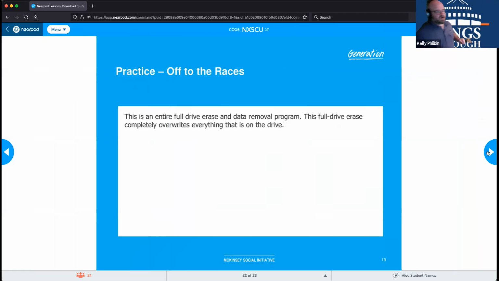So there is a program out there that is a full drive erase program. What would be a name of the one that they like to mention? What would be a program that they like to use? It was the red USB stick. They did have it in a CD form. There we go, we're starting to see it hit. DBAN, absolutely, DBAN. Nice.